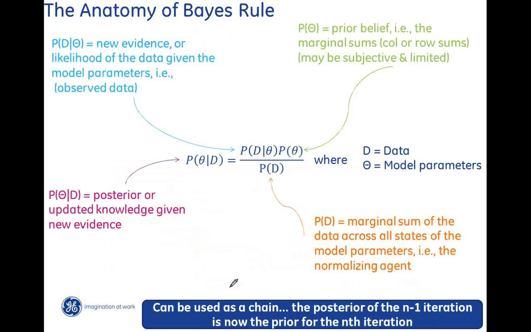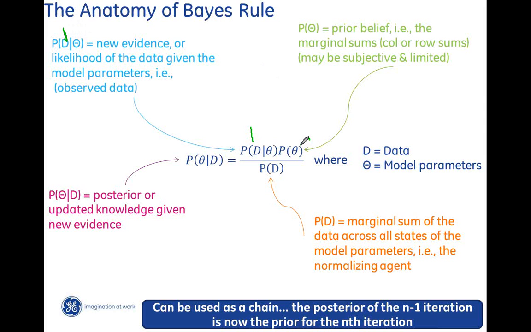Okay. So the anatomy of Bayes' rule. This is just a prettier form of what I showed before. Sorry, I'm drawing all over the place again. All right. What is this? This right here is the question being answered; theta are, say, the model parameters that you're interested in, and this is the data. It's the posterior knowledge, so it's your updated belief given the evidence you've collected. Here is the probability of the actual data itself, given the parameters that you have available, multiplied by the marginal.